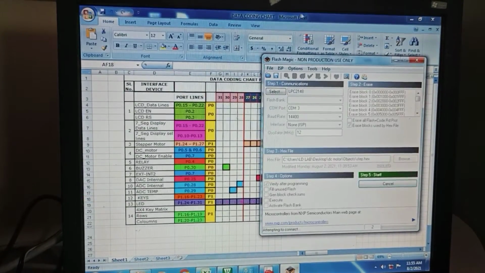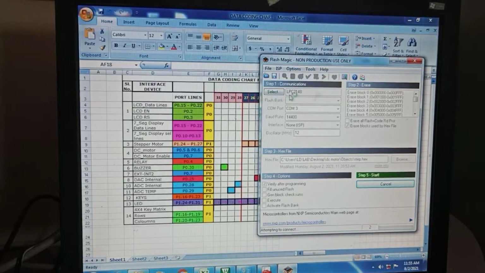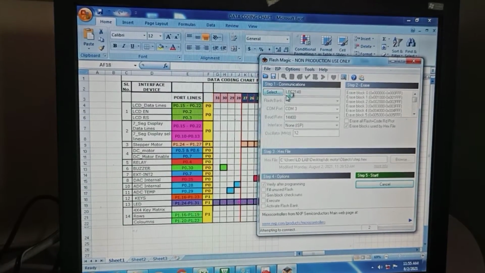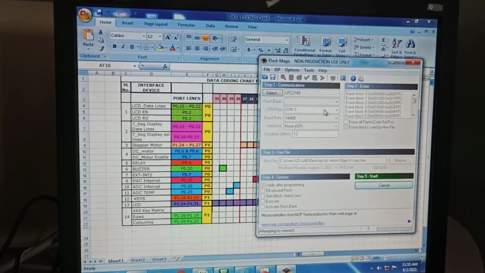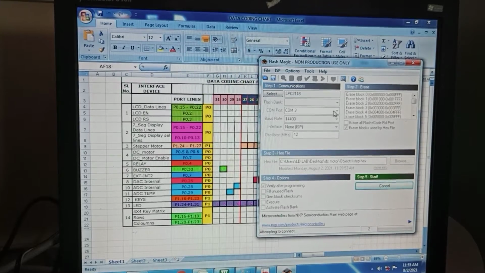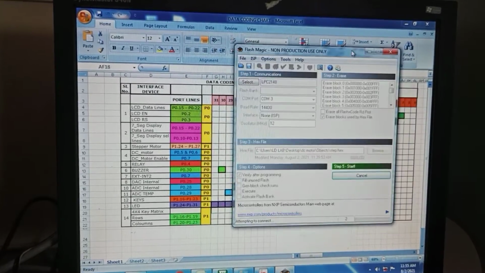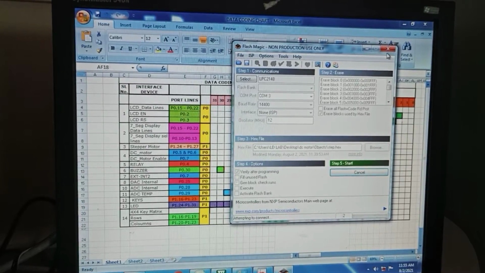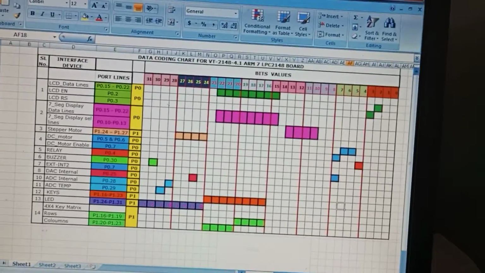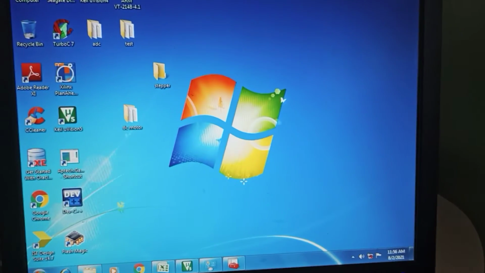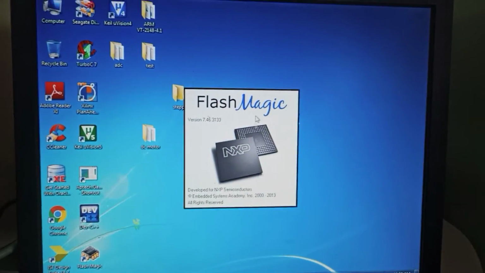Again I am going to open Flash Magic. Already I have selected the device LPC2148, and my device COM port is COM3. Okay, now I am going to browse for the file. Yes, I am going to click on Flash Magic.